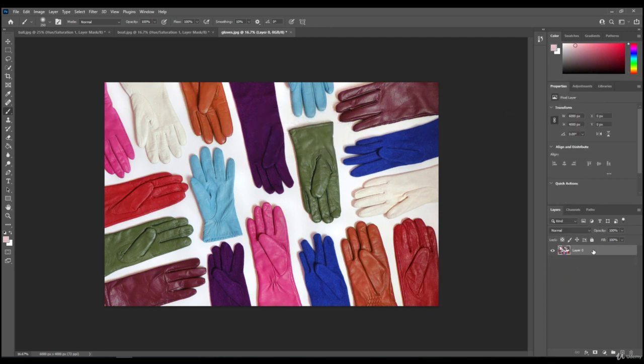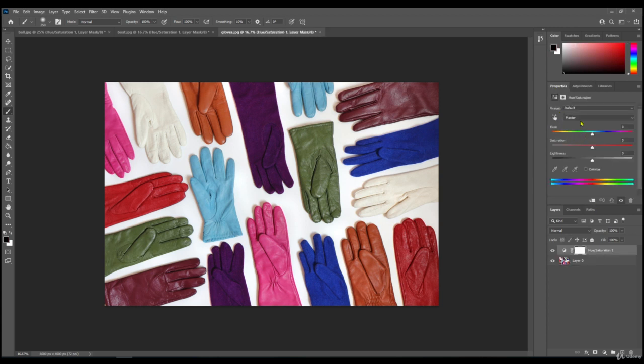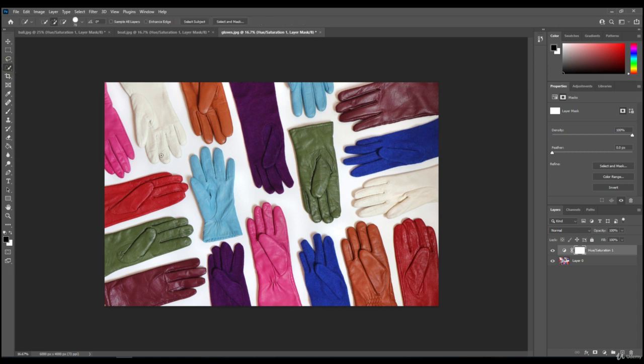And so if we just go back to the adjustments layer again and we want it so that the reds change, put a little mask here. So as long as you make sure that mask is highlighted, what we're going to do is use the quick selection tool, which is, if you look here up the top left, this little quick selection tool. If we click on that, and then if we just paint over the gloves that we want to change, so I'm going to change the pink ones like that,